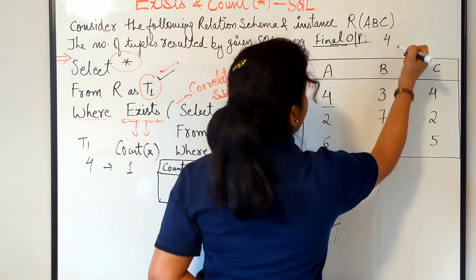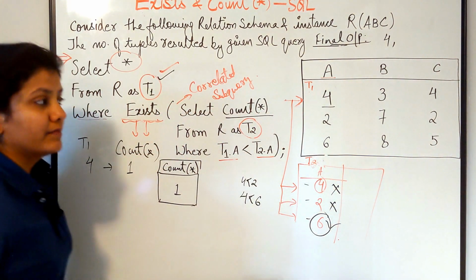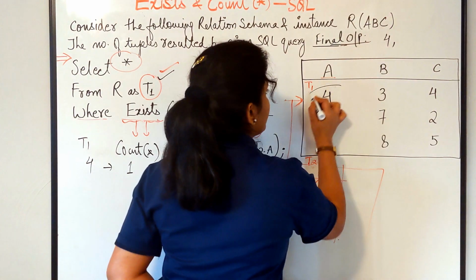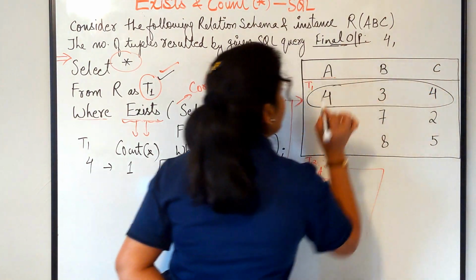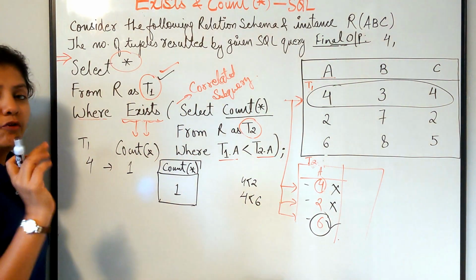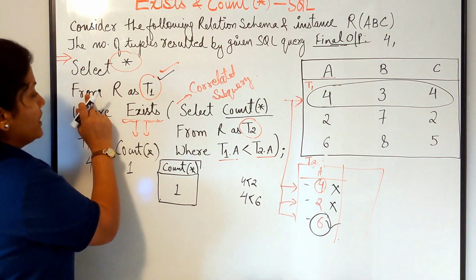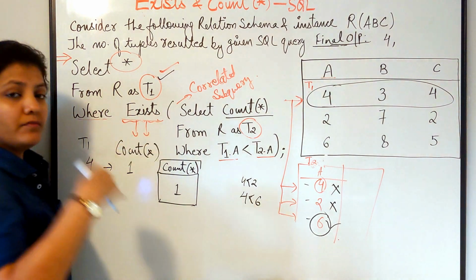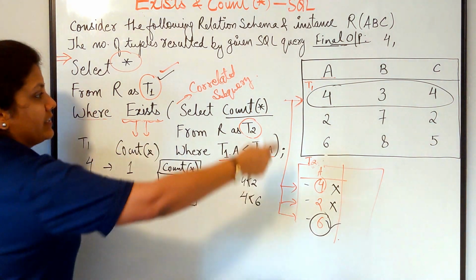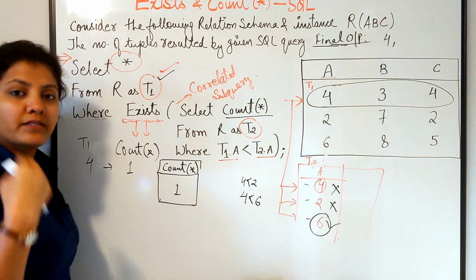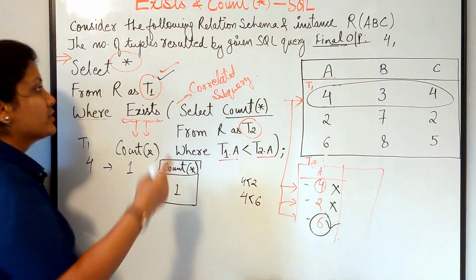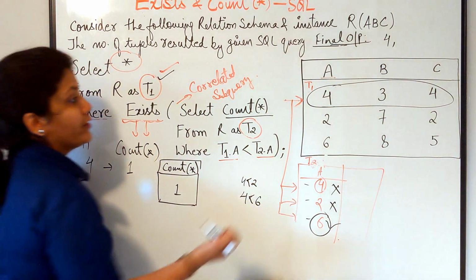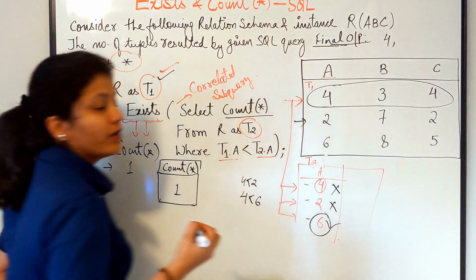So the tuple related to 4 has got selected. Tuple related to 4 means this has got selected in your final output. Now let's move. Because it's your for loop, after the inside loop has run the number of times it needs to, this will get incremented and you will reach the next tuple of your relation.